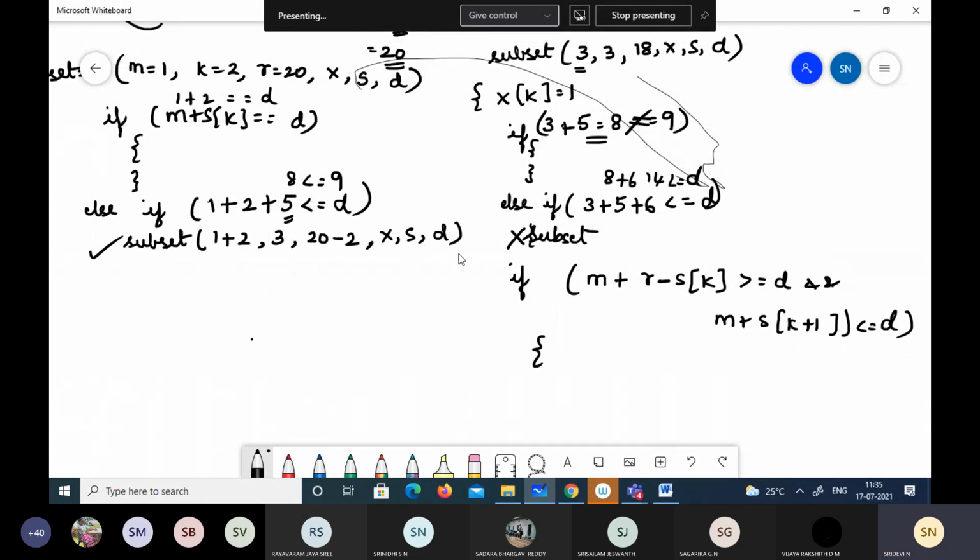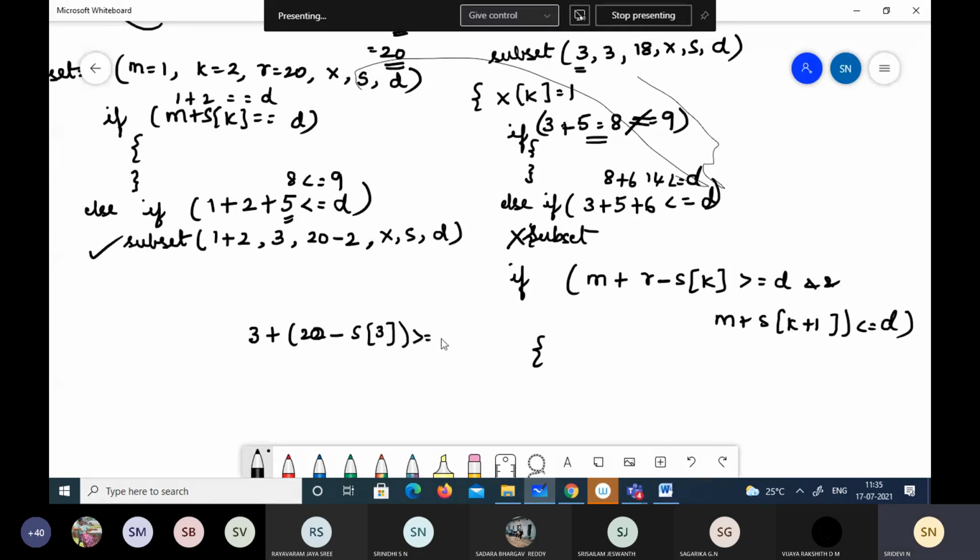M values, I'll just write down this. For this, let me write down here 3 plus 20 minus S of, what is the K value here? 3. S of 3.